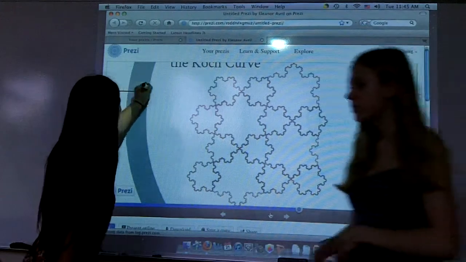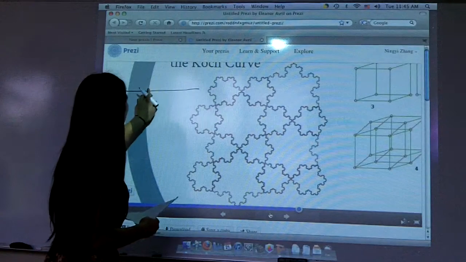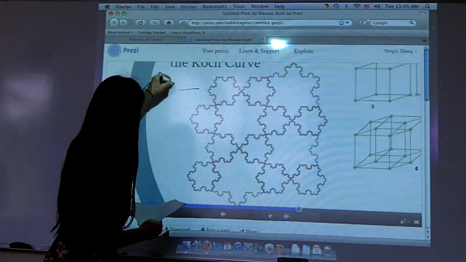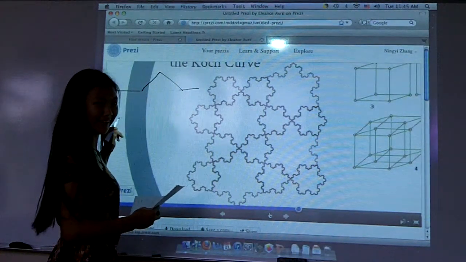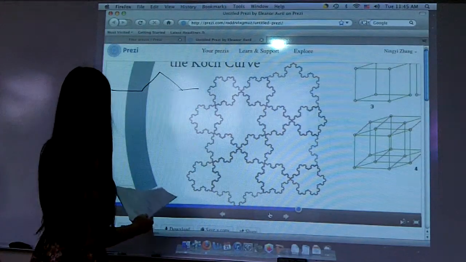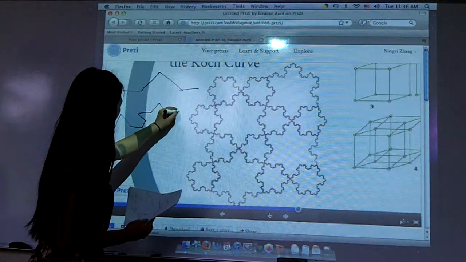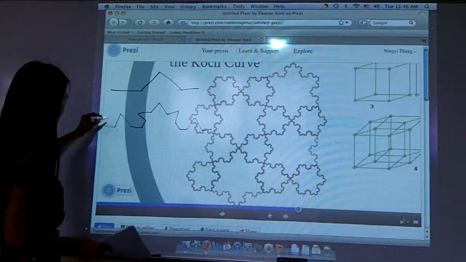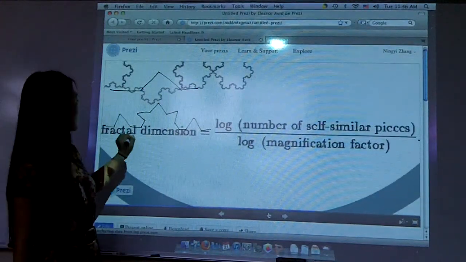So let's begin with the line, and you remove the center of the line and connect two lines that are all equal to each side. Okay, then you break each line into the same thing. So that then you break each line into the same thing again and again. And this is the